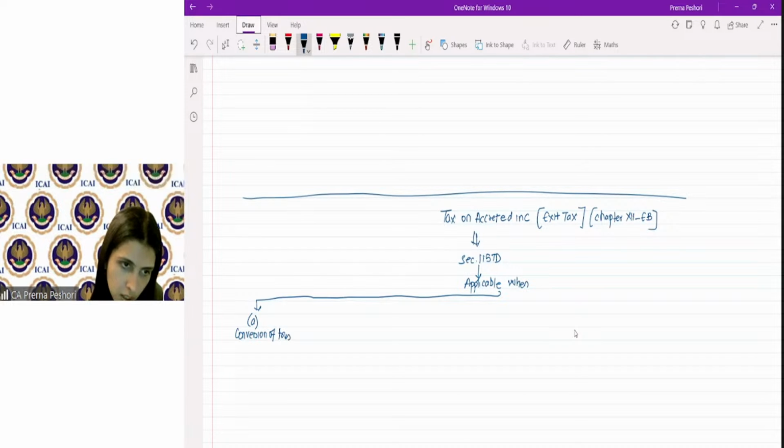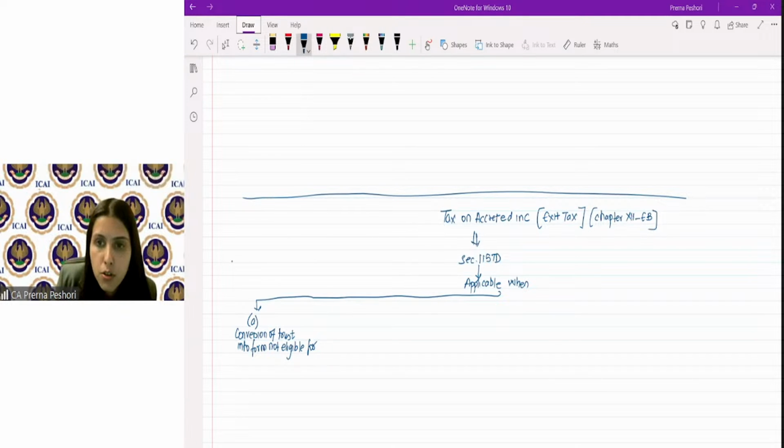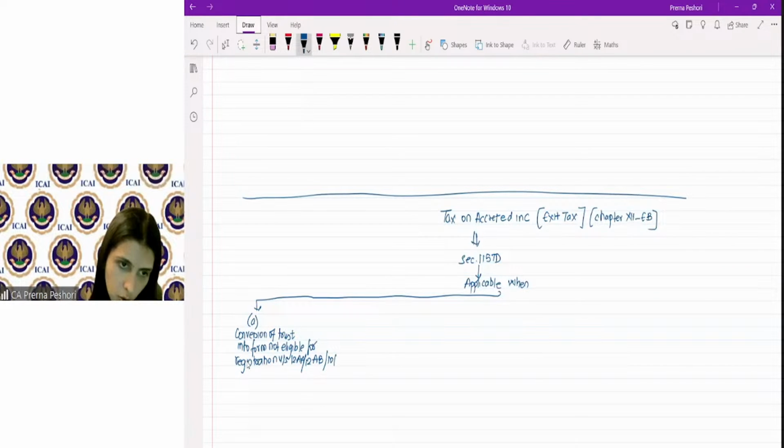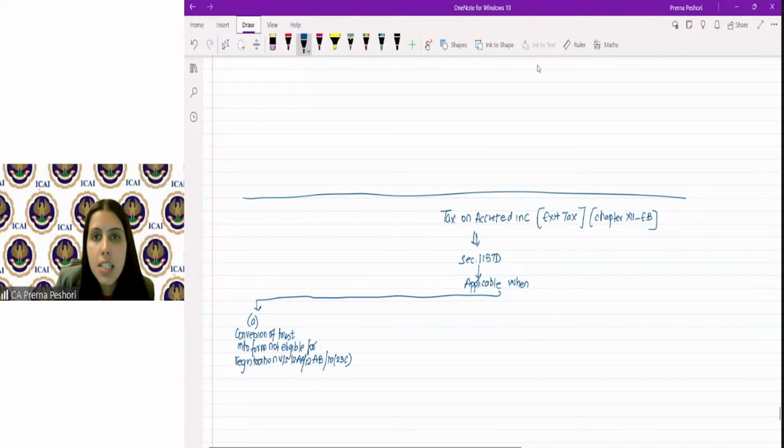Conversion of the trust into a form not eligible for registration under 12AA or 12AB or 10(23C). Are we clear? So when the conversion of the trust takes place into a non-charitable trust,